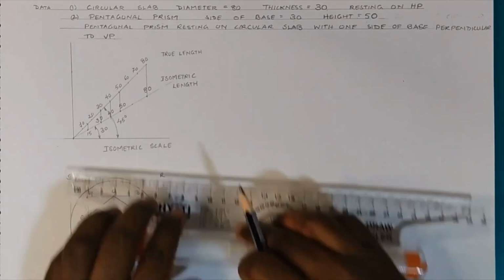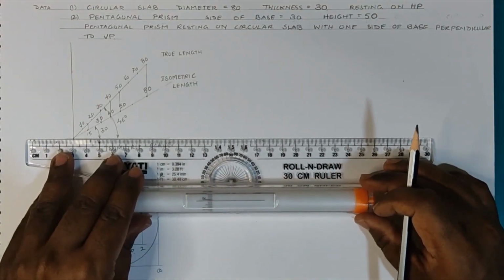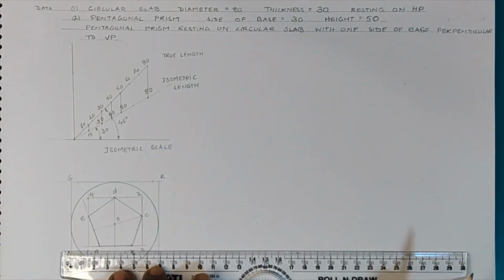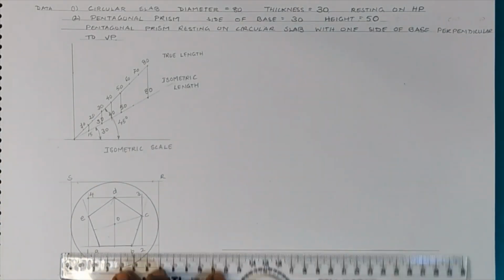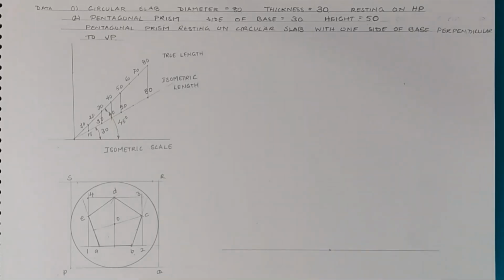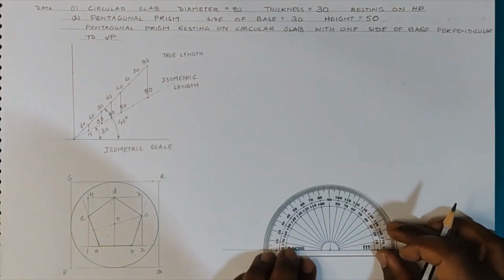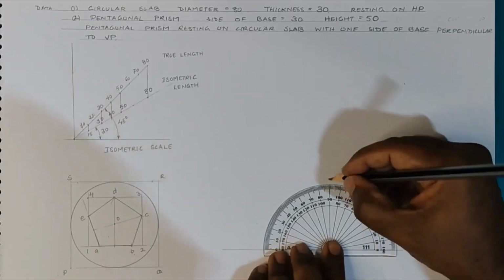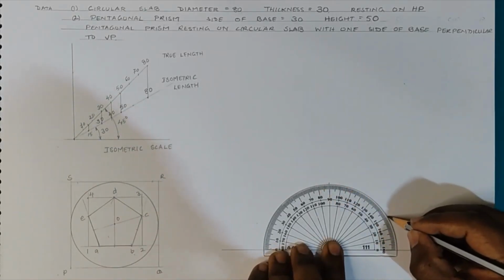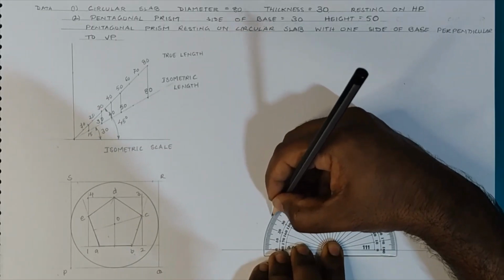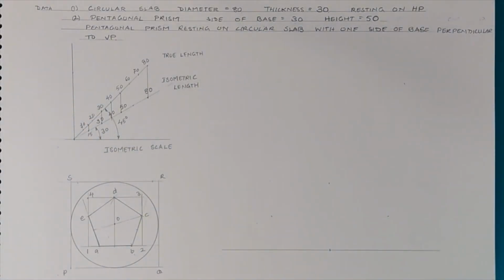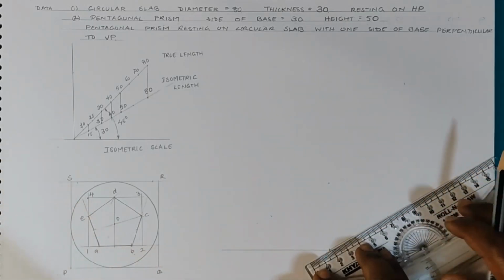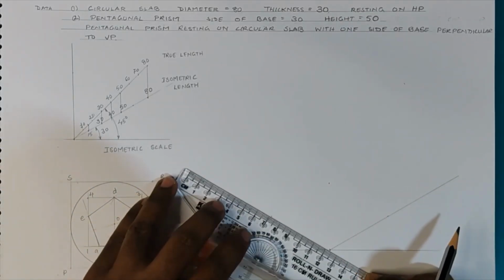Now we move on to the isometric axis construction. So I'll be drawing the isometric axis by first taking a point on the horizontal and using the protractor to mark angles of 30 degrees on either side, plus the vertical I may also take. So I'll be drawing the isometric axis first at an inclination of 30 degrees as shown.